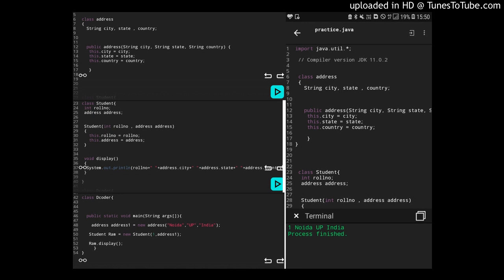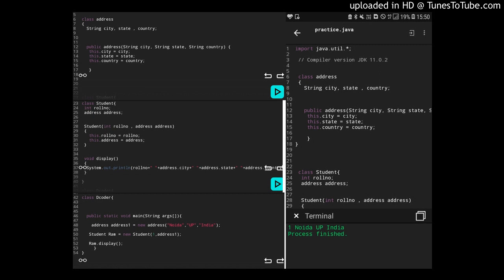So what we have is a student class which has an instance variable, int roll number. We have another class called address, and it has multiple instance variables, that is string city, state and country.